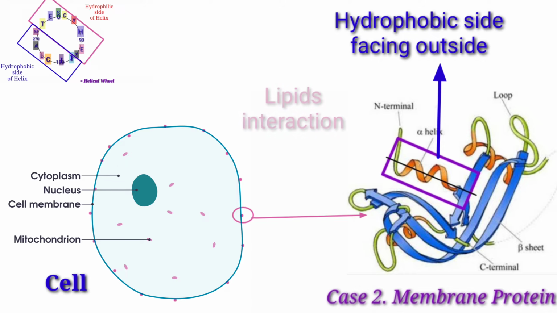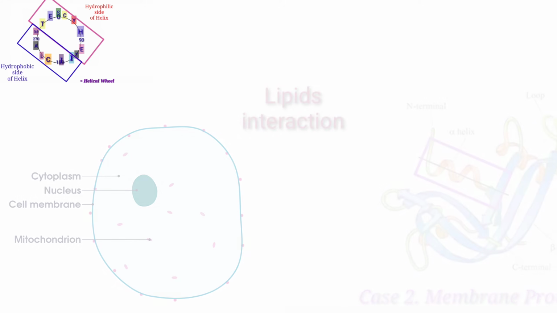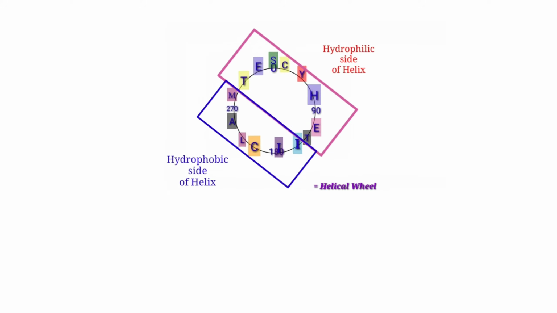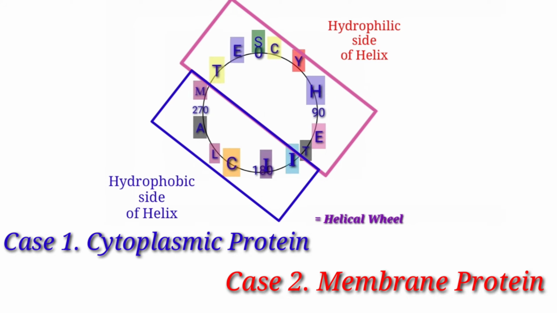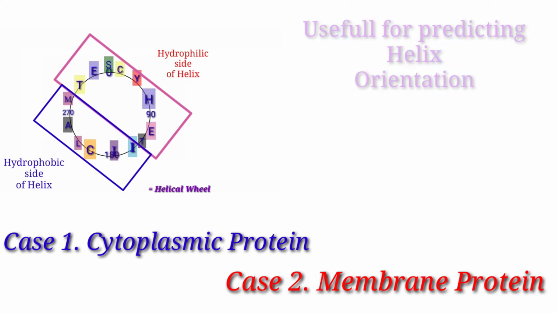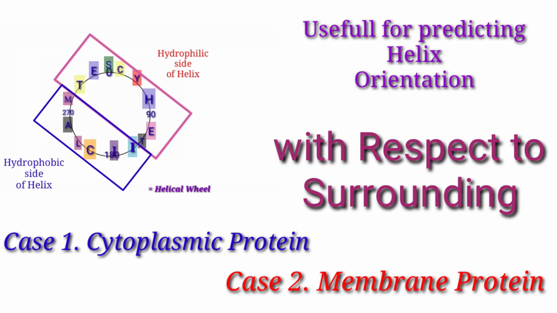So in a membrane protein, this hydrophobic portion will be on the surface of the protein in order to interact with the fatty acids in lipids. So in two different cases, this helical wheel is useful for predicting the orientation of the helix in order to